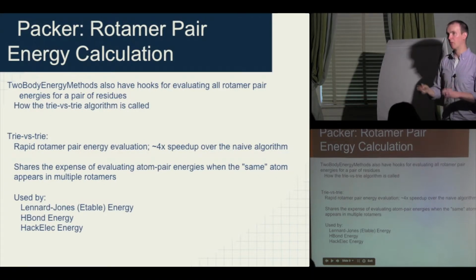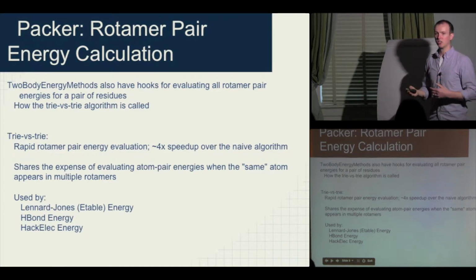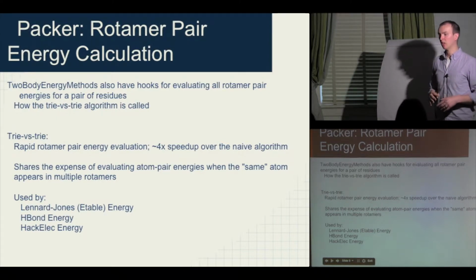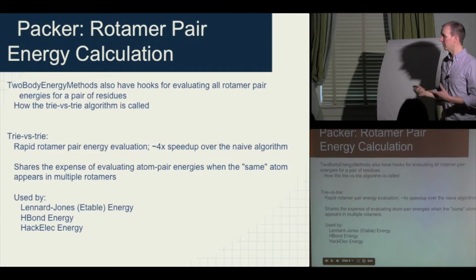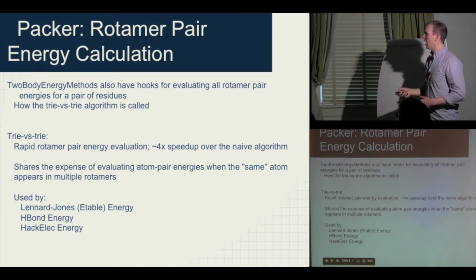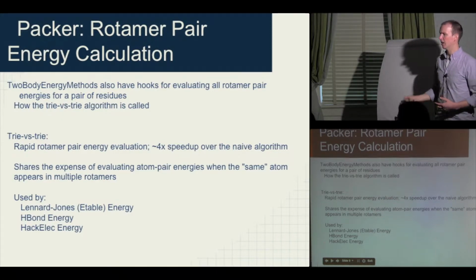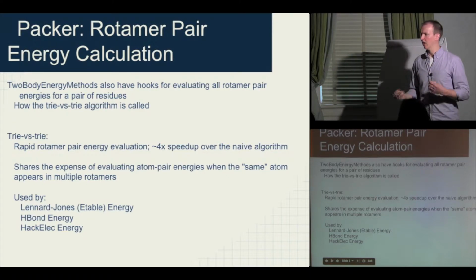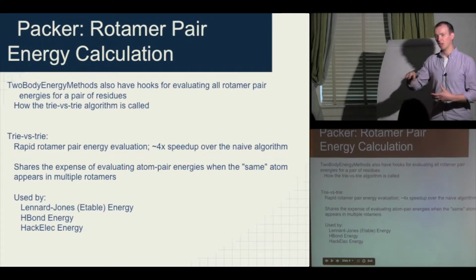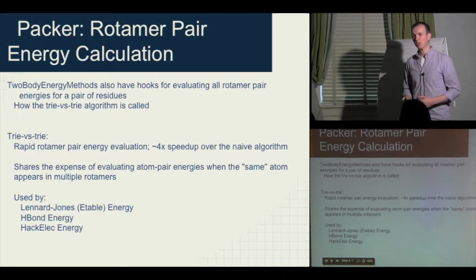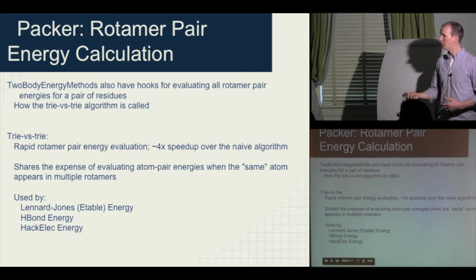You can also figure out pretty quickly whether two atoms are far enough apart that they wouldn't interact, and then none of the other atoms in the rest of the rotamer would interact either. That gives you a further speedup. This is currently used by the Lennard-Jones energy, which is also known as the E-table energy, the hydrogen bond energies, and the Hack-Elber energy. If you have a term you're developing that requires atom pair energy evaluations, then this could be useful for you as well. Abba? Well, what is